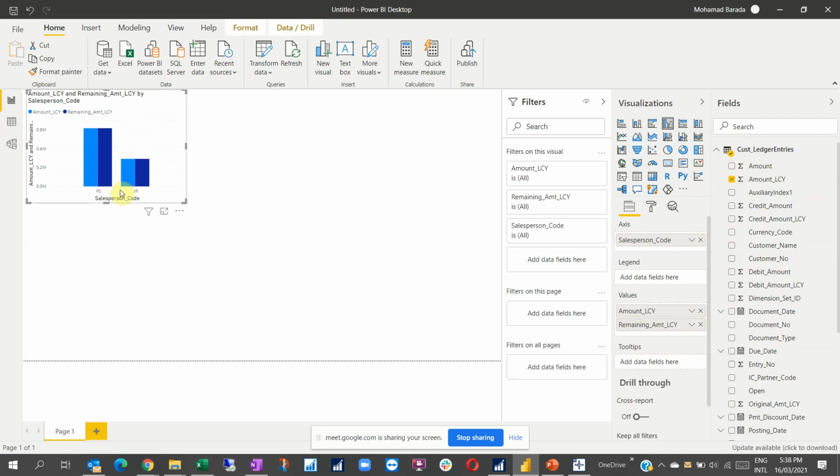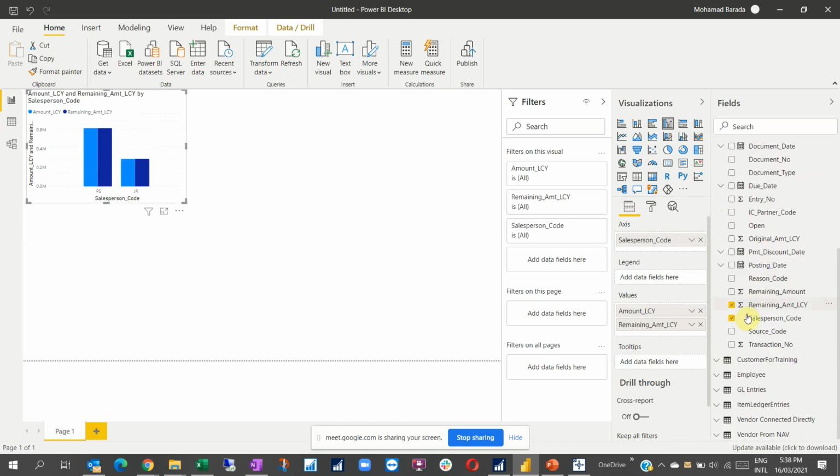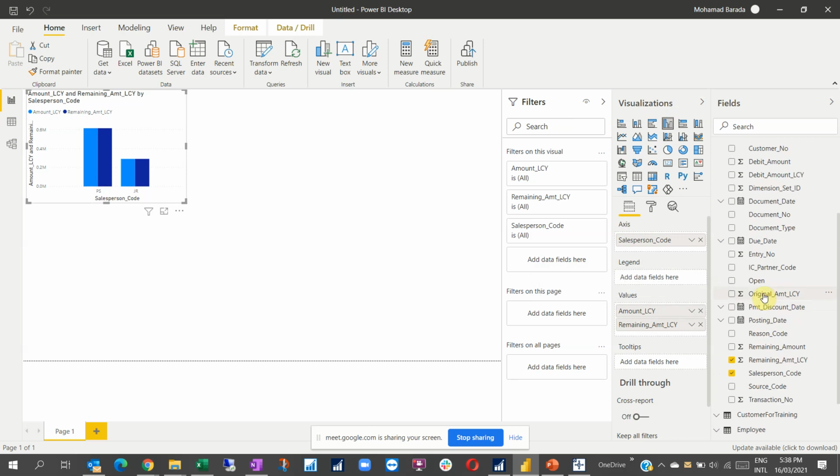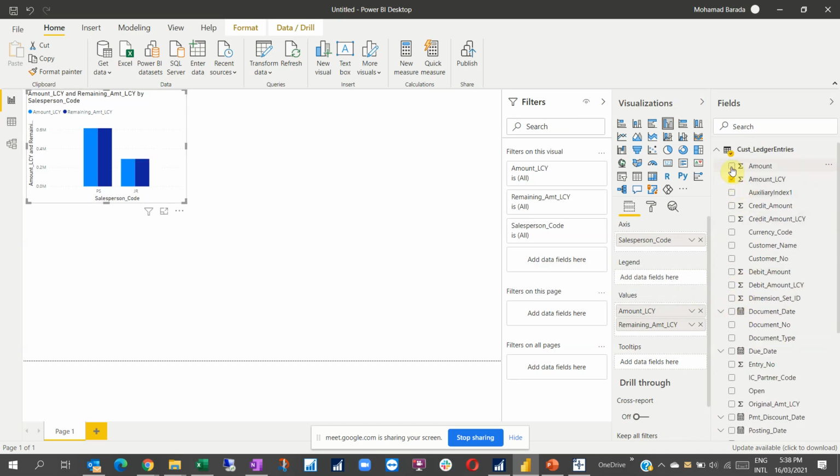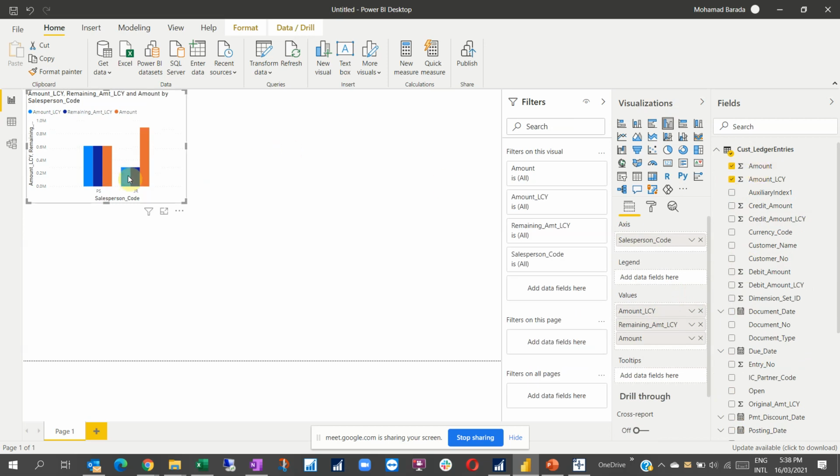So here, when I click on amount and remaining, it's the same, because the customer paid all the amounts. The total amount is the one remaining. They paid all amounts, they are applied. So you see here, when I click on several amounts, automatically the system will select the right